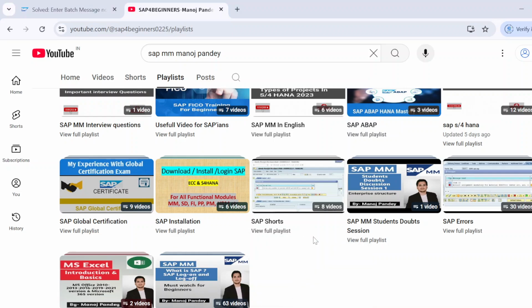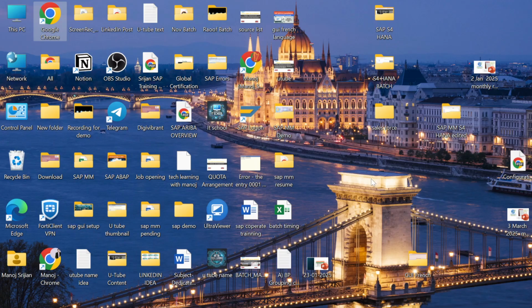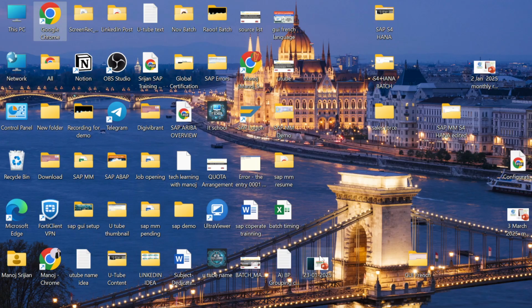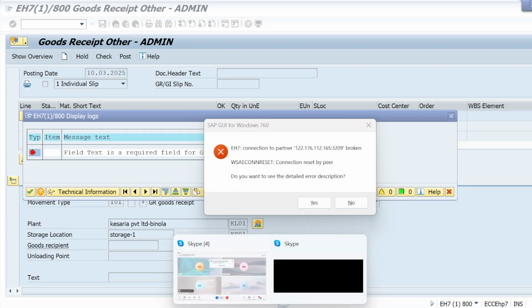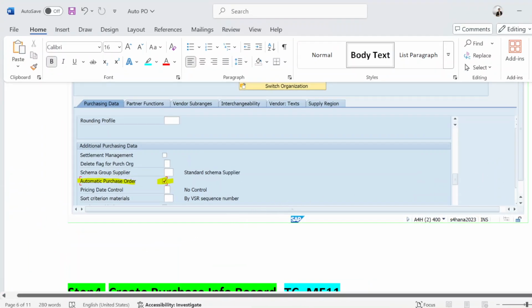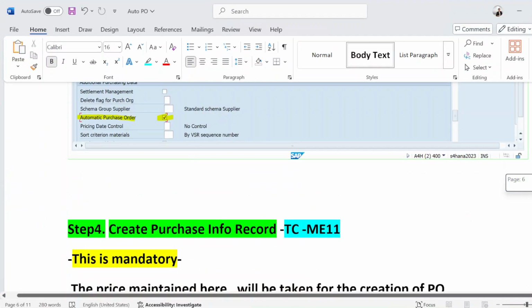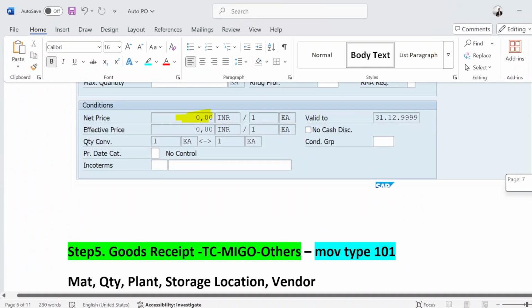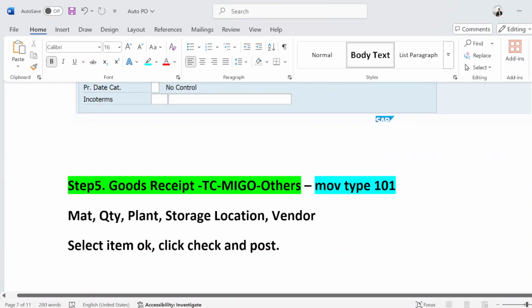And this is the last step that we are not able to do in both the servers. Let me show in the notes also. This is the last step in the auto PO concept. We already created that purchase info record. Now the next step is just to do a goods receipt.